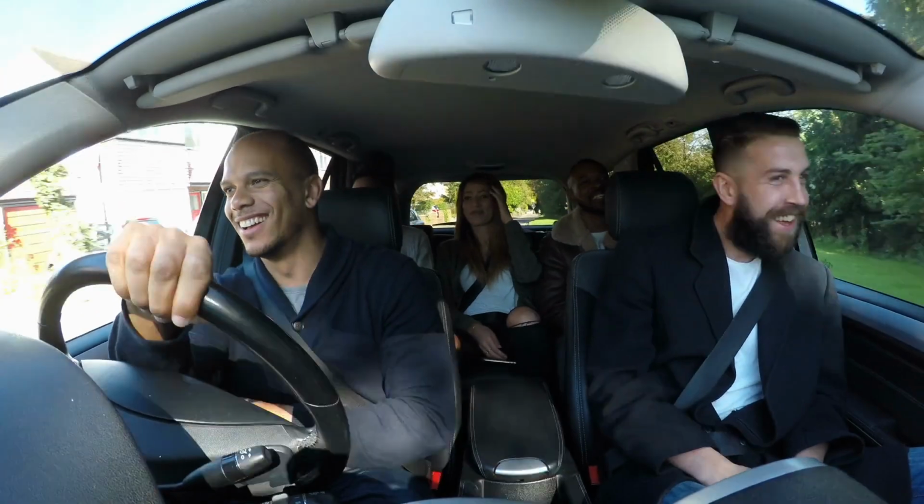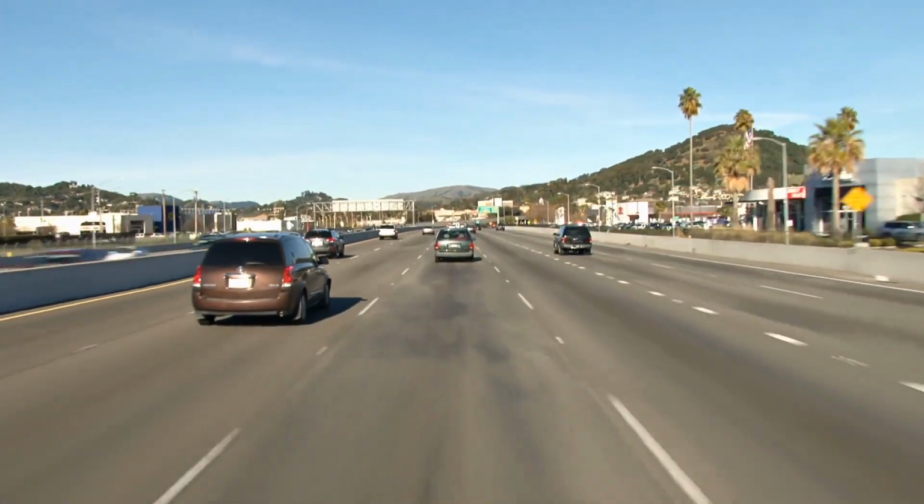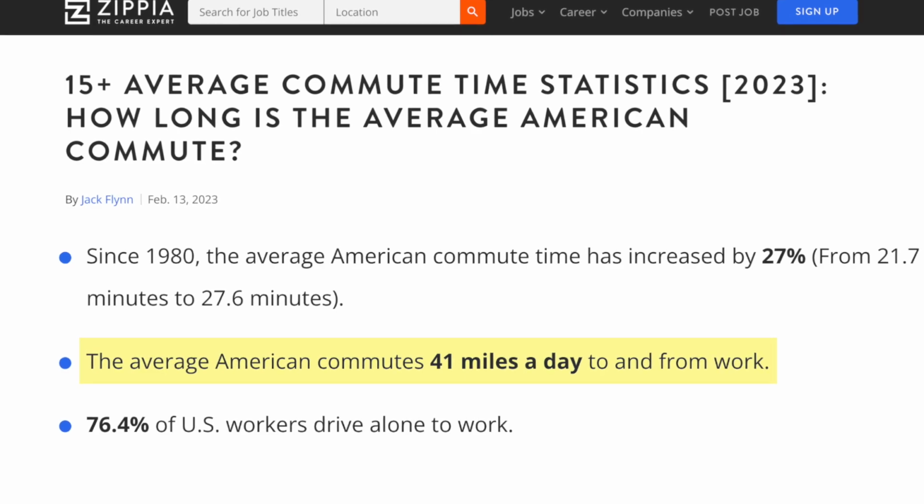Another tremendous money-saving tactic is carpooling to work, especially if you have a longer commute. Carpooling will help you save money and help the environment at the same time. Let's say you have an average US commute of 41 miles and you burn about 2.5 gallons of gasoline doing that. That's $10 a day, which turns into $200 a month. If you could split that with a friend, or even better, 2 friends, you'd save at least $100 on gas